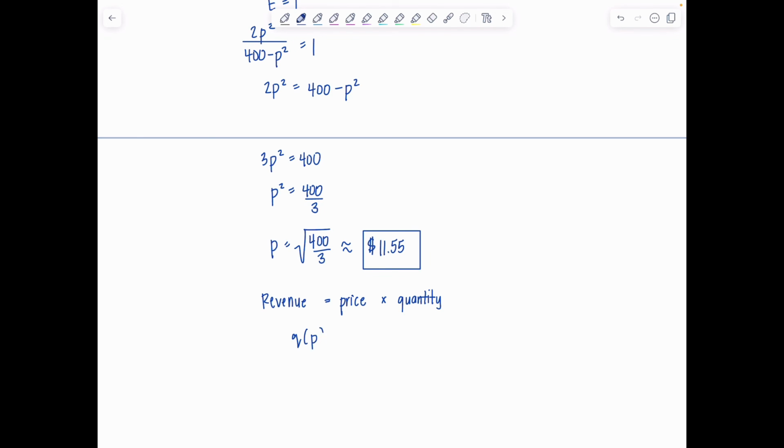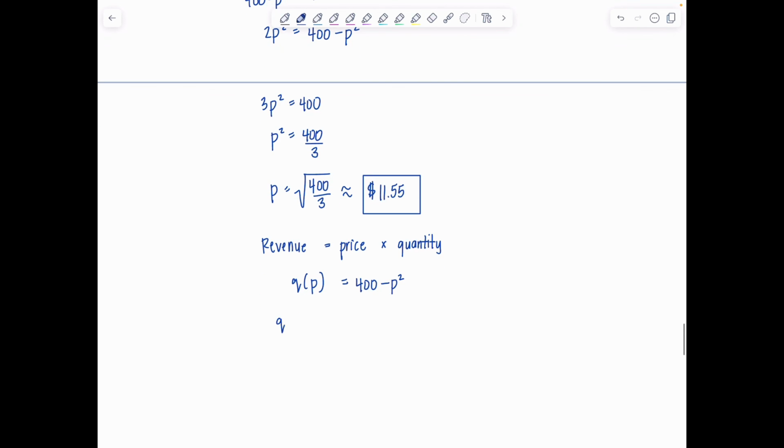Remember, our demand function Q of P was 400 minus P squared. That was given. So Q of 11.55 is going to be 400 minus 11.55 squared. Technically, 11.55 is rounded. It was square root of 400 over 3. So if I take that value for P, square root of 400 over 3, and then I square it, the radical goes away. And this is just going to be 400 over 3. That's more exact. I don't want to square my rounded number, you know. And this comes out to